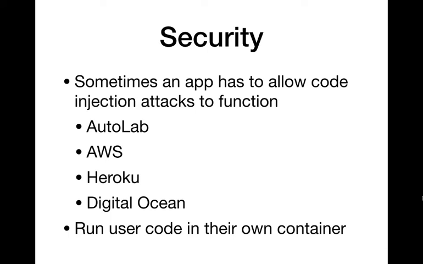Autolab, in my world at least, is one of the big ones. We have to take student code and run it. By definition, that's a code injection attack. That's a feature of the app, that it allows code injection attacks. We take your code and we run it. So how do we do that without allowing a student to just destroy everything, or to navigate